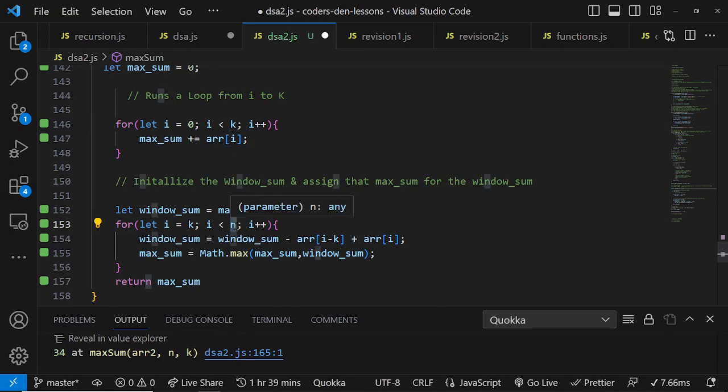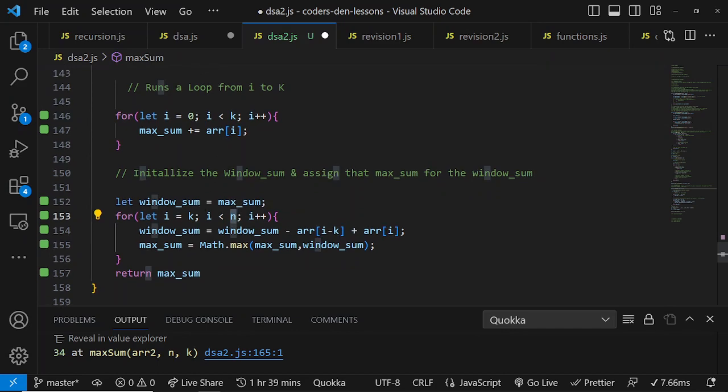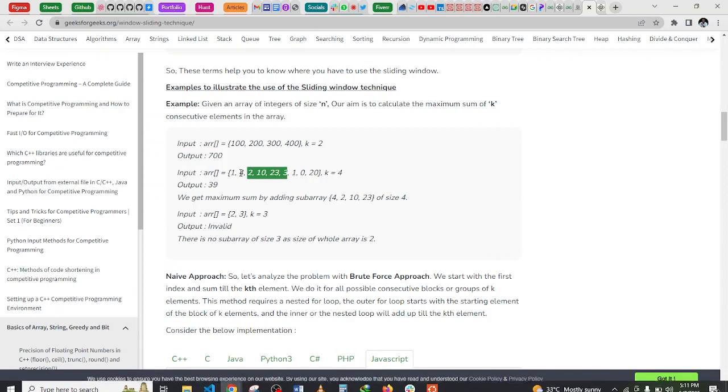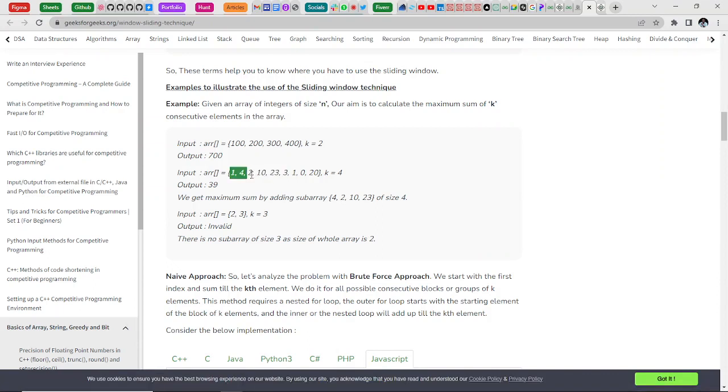N is the length of the array. So that means i is starting at, for example, here now. I is starting here, right? And it's ending here. So when i gets here, you pop off,